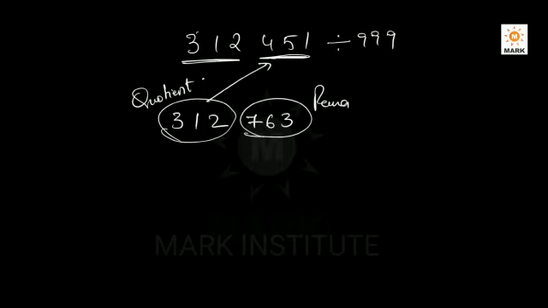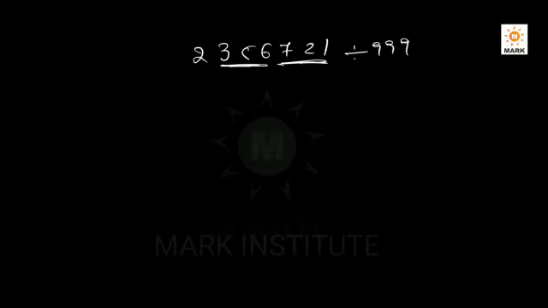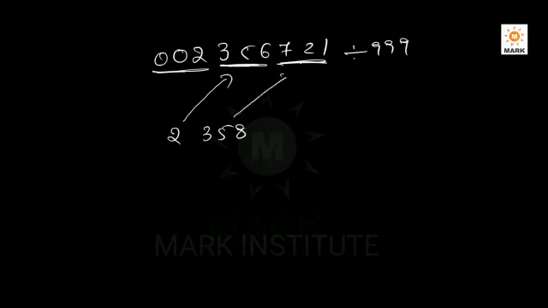Suppose I am taking still another higher number, 2356721. 721 is a unit because I am going to divide by 999. 356 is a unit. You can put 2 zeros here, that means 002, or 2, it doesn't matter. This is a unit. Write 2 as it is. 2 plus 356 is 358. 358 plus 721, that means